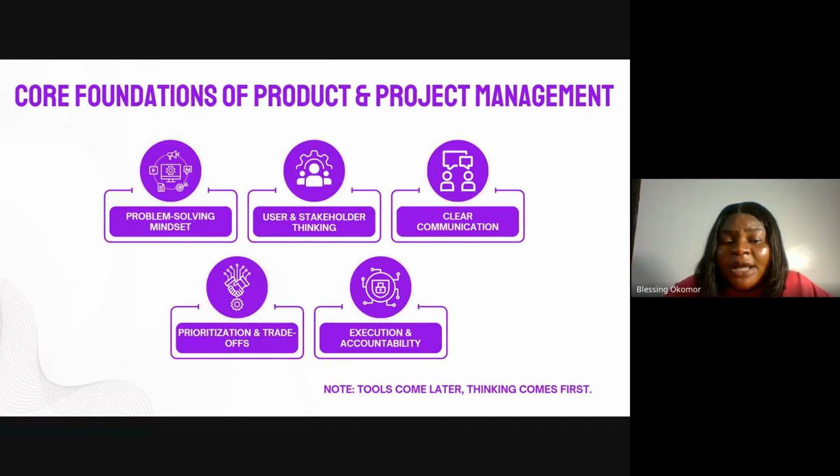Somebody who has a problem-solving mindset is somebody who is always proactive. You want to solve the problem. If you don't solve that problem, you are not comfortable. You are looking for different ways. That is why you see that the people who thrive today are those who pay the sacrifice. It's very convenient to say, oh, I've tried every means, I can't solve this problem. But there are some people that will stay up late into the night trying to look for different solutions. How can I solve this problem? What can I do to solve this problem? There's a problem existing. You need to solve it, right? So you need to develop that mindset as a product or a project manager.